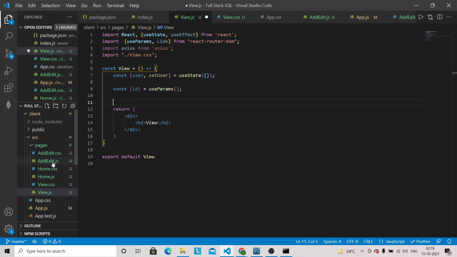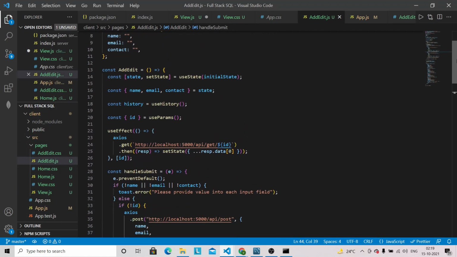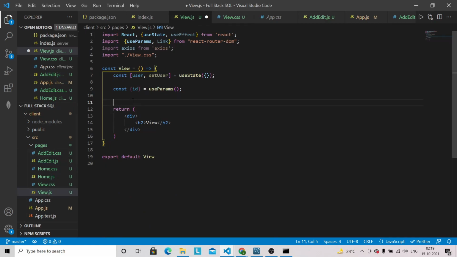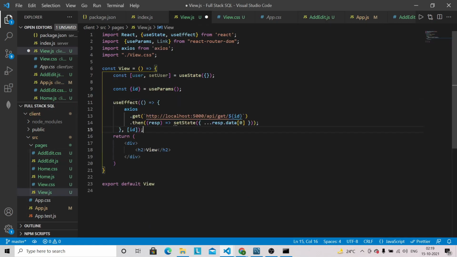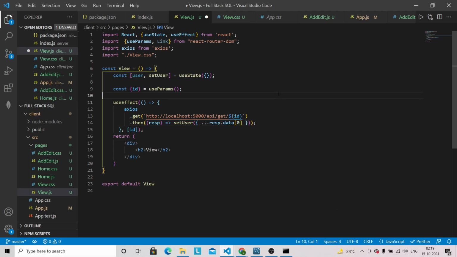So this is the same useEffect that is required here in case of view, because this useEffect will only run when we have the ID. So let's just paste it here, and we have to specify setUser here. Okay, so only this modification is required here, and let's work on the component part.